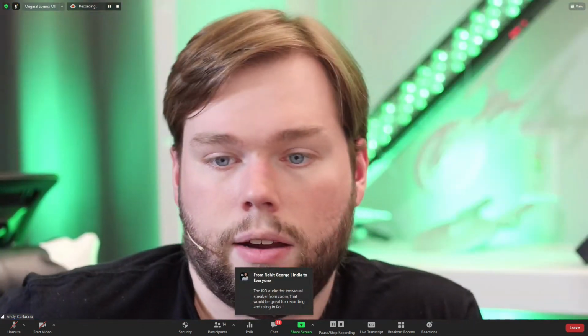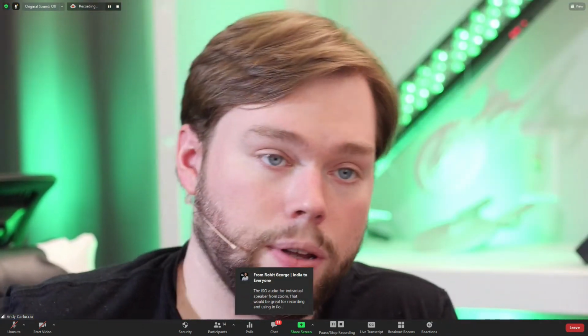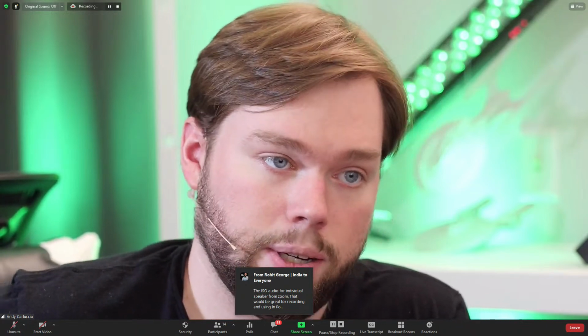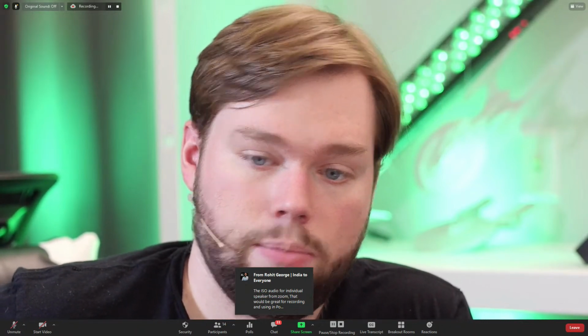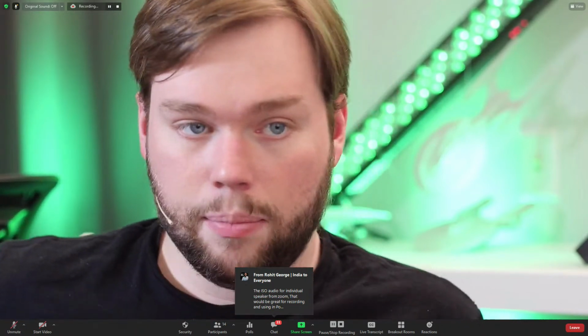You could do that. And in fact, if you create an output in Zoom ISO that's blank, you don't assign a participant to it, you still get the audio on that. So you could create a blank NDI output from Zoom ISO, save yourself the encoding overhead, and subscribe to basically a blank NDI feed and just grab the audio from it.